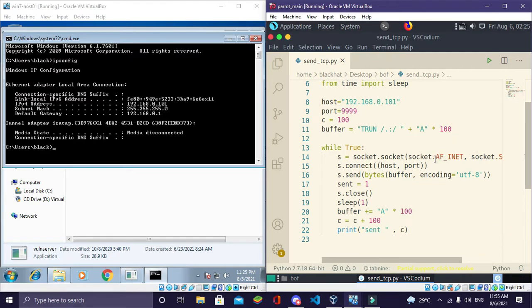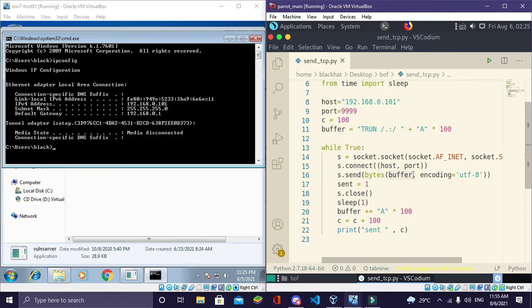Now we are talking about buffer overflow attacks, which means we have to fill the buffer and then overflow it, so we have to give more and more data. This send TCP function will first create a connection and then connect to the server. Then it will send whatever we give here in this buffer.